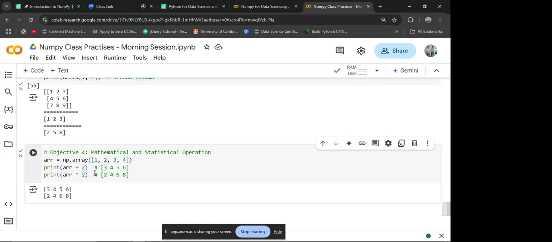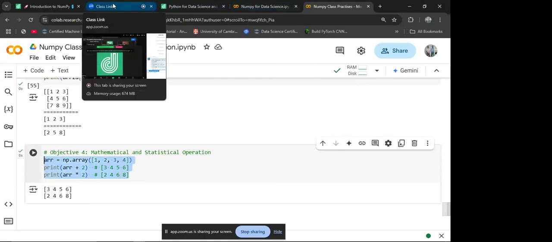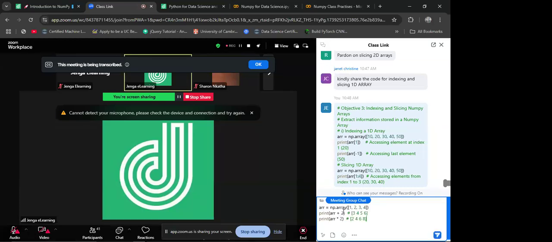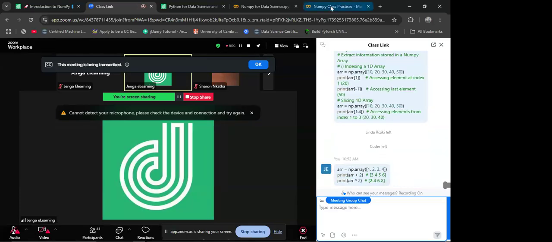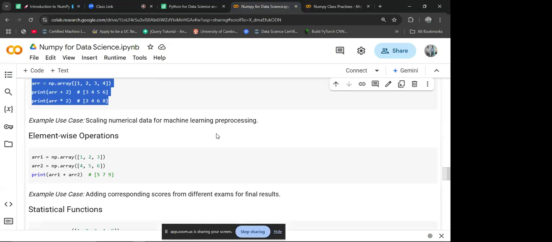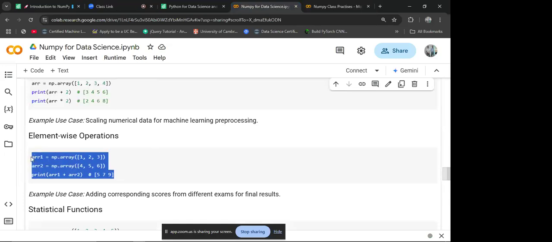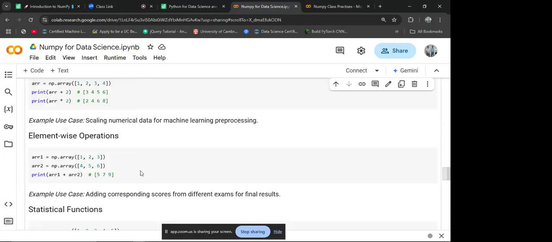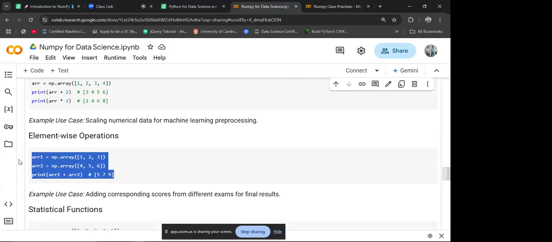Alternatively, you can multiply each item in an array by a certain scalar. Like I can say, I want to take each item in this array and multiply them by 2. And then you're getting another output here. I think it's also self-explanatory, whereby you're applying scalar operations to the items in a NumPy array. Proceeding with this one, we can also have two arrays, but they should be of the same